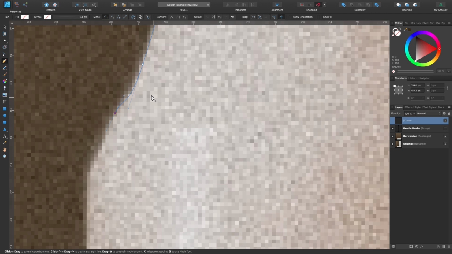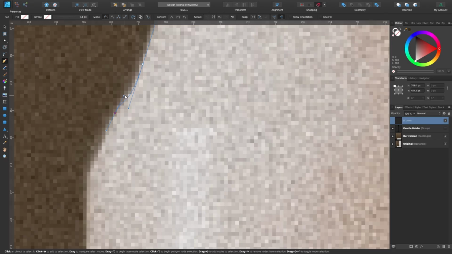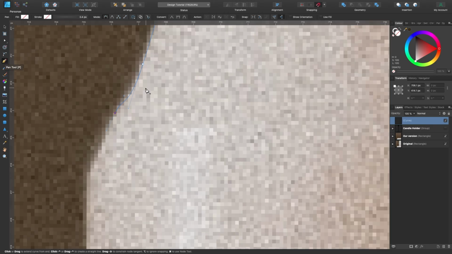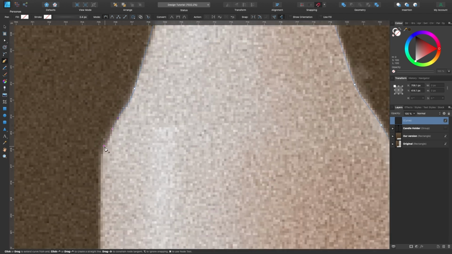It's really handy whilst you're in the pen tool to just use the shortcut to the node tool. So just pressing Command node tool, and you can play around with the handles as well, rather than changing to and fro from the actual node tool to the pen tool. So that's what I do. Here I made a little mistake and I just want to change it. So Command and Shift, click and drag up like that. There we go. I fixed my problem. Okay, moving on.